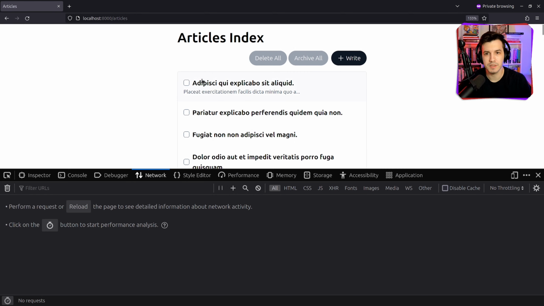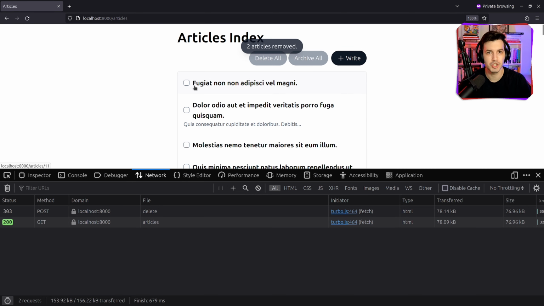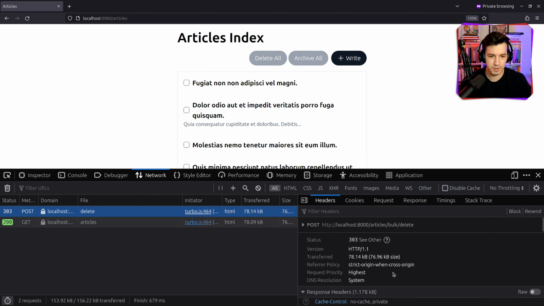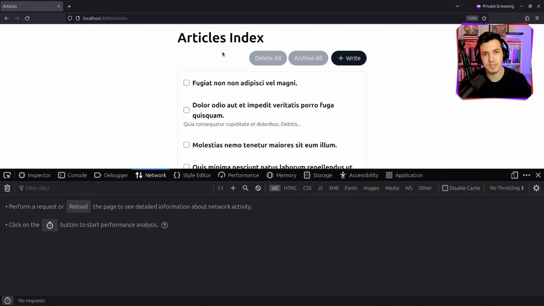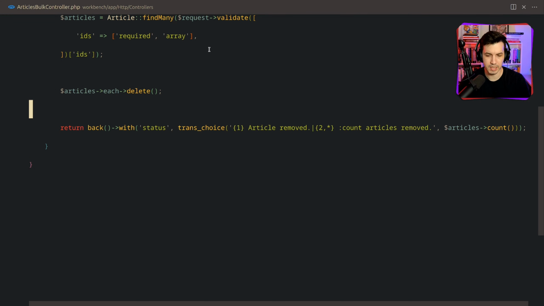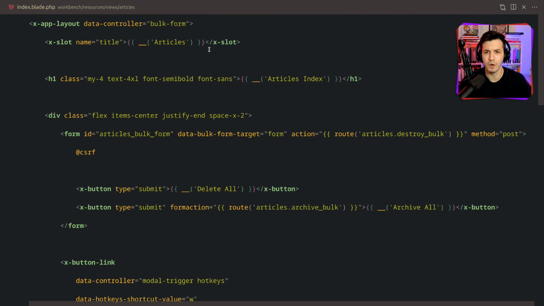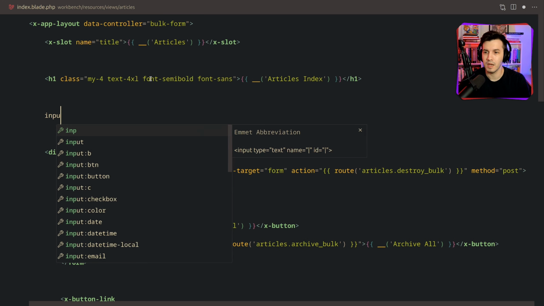Let's open the DevTools and try to delete some articles. And sure enough, our application is working just fine. Instead of returning tuple streams, we are redirecting to the articles page. That's why the body gets replaced with a new body from the refreshed list of articles. And this is fine, but we may have other pieces of UI on this articles index page that have their own state. Like, let's say we had a search form over here, and I'm just going to add